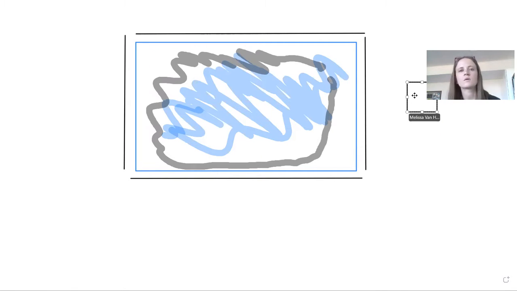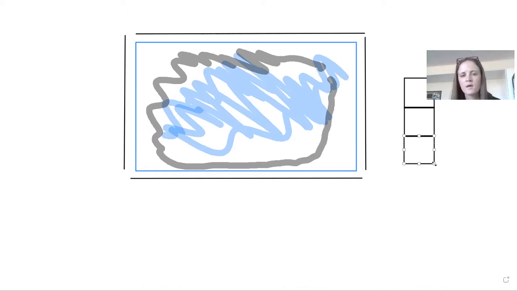So if we were to have this shape and we were to draw another one that goes with it, that is the same shape, and we drew another one that was the same shape. This shape with, for example, if I just drew 4 squares, a shape with these 4 squares, the